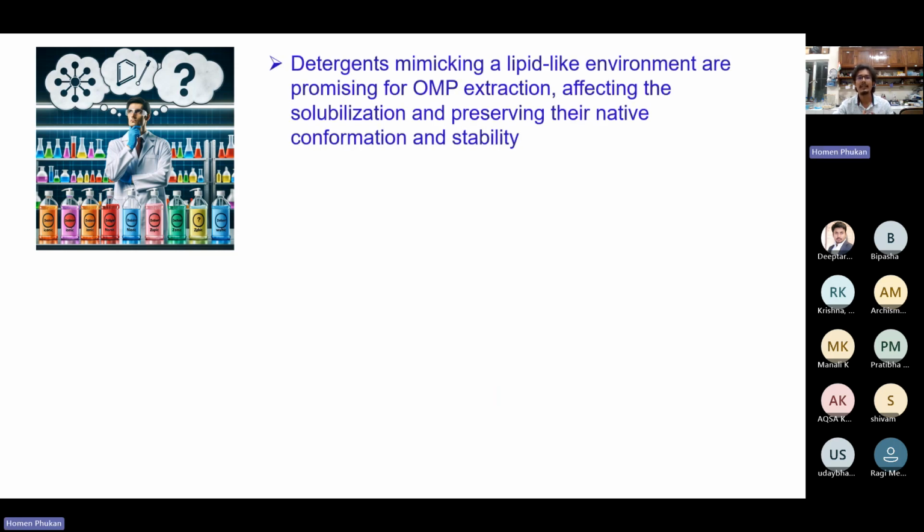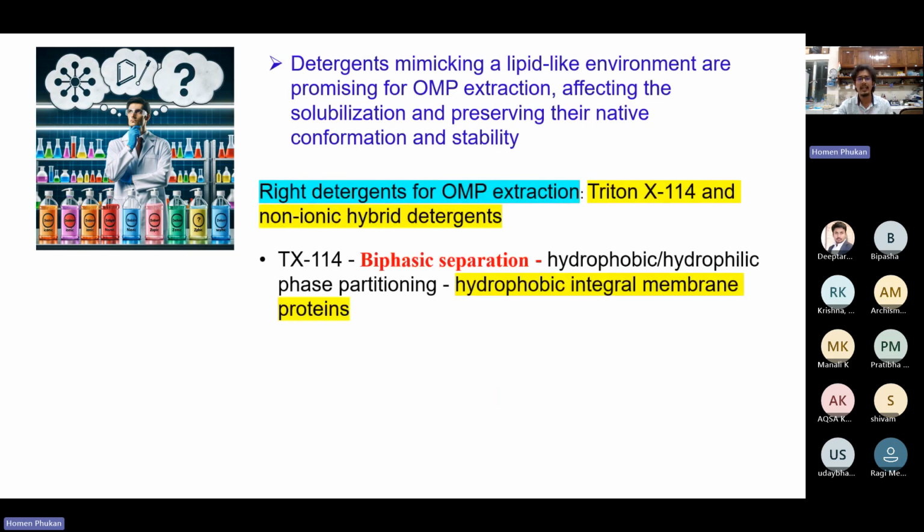Detergents mimicking a lipid-like environment are promising for outer membrane protein extraction, which can influence the solubility as well as preserve the native conformation and stability. In that sense, the right detergent can be Triton X-114. It's a kind of non-ionic detergent, and some non-ionic hybrid detergents. I will be talking about this Triton X-114 detergent, which has the ability to differentiate hydrophobic and hydrophilic phase partitions,